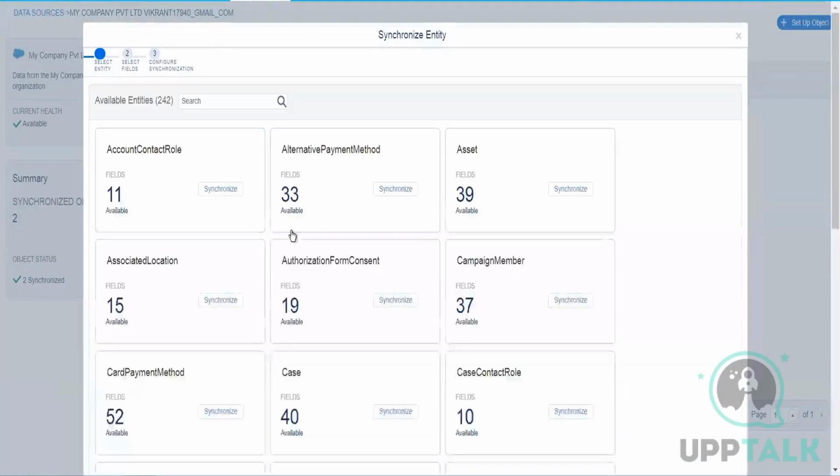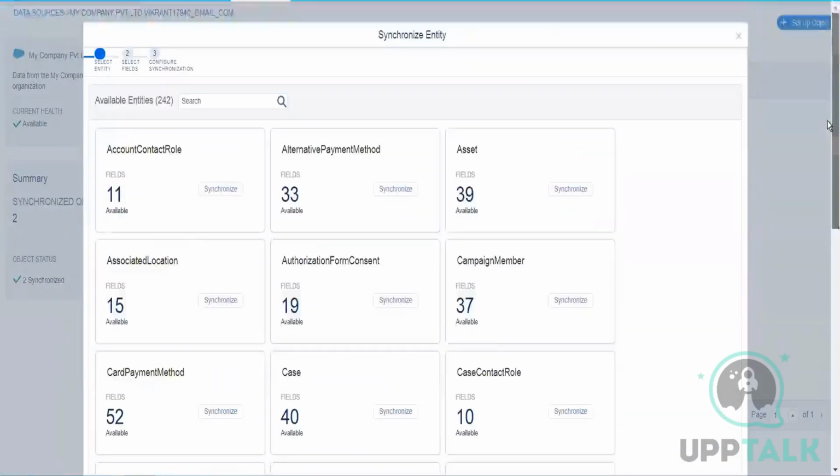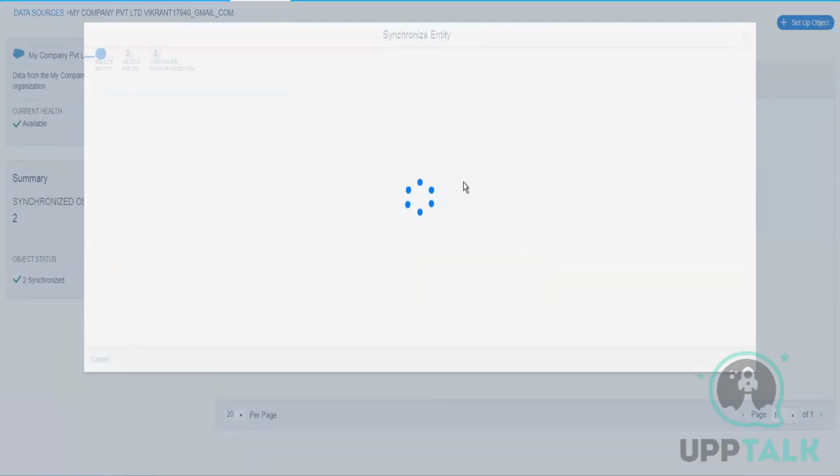So this is a system that is connected to this Marketing Cloud account. There we have a total of 242 available entities, which means objects or tables that we can sync. Okay, so in order to sync, let's say I want to sync this account contact role object, right? So I'll click on the synchronize button, and then